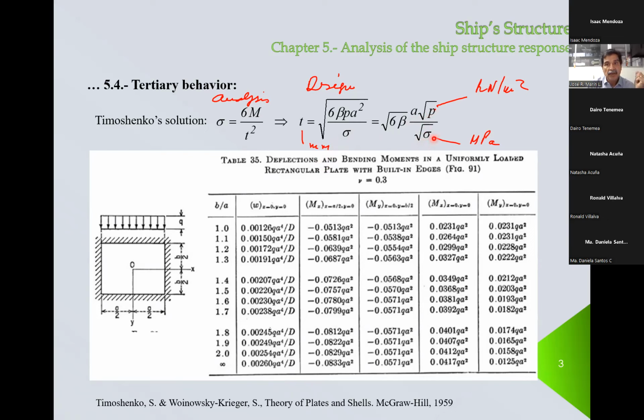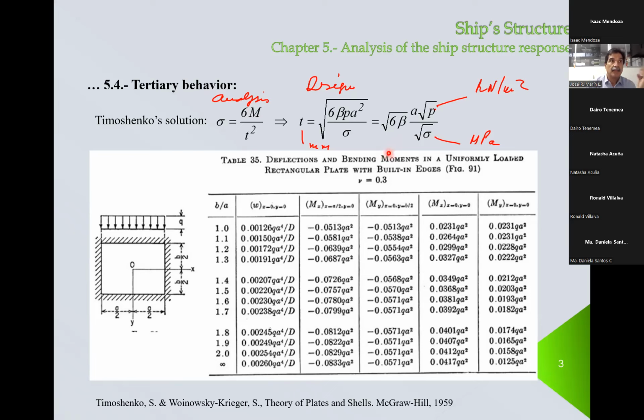You see that if you increase the sigma, for example, in a military vessel, in a naval vessel, right? What you can do is you can try to reduce the thickness. If you reduce the thickness, the weight of the structure is reduced. How can you do that? Employing a steel that has higher tensile properties. That's what we call higher tensile steel, HS, higher